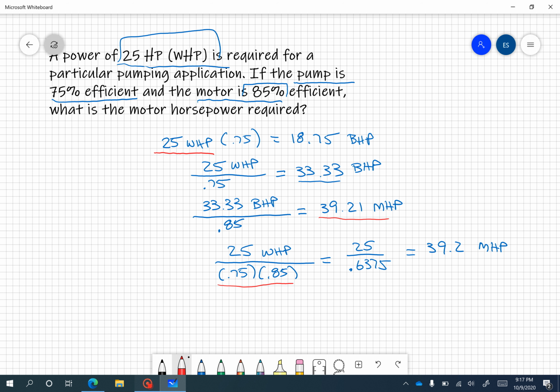That is also known as wire to water efficiency when you multiply the efficiency of the pump and the efficiency of the motor together. That's called wire to water efficiency. And so that's problem number 7. And number 8